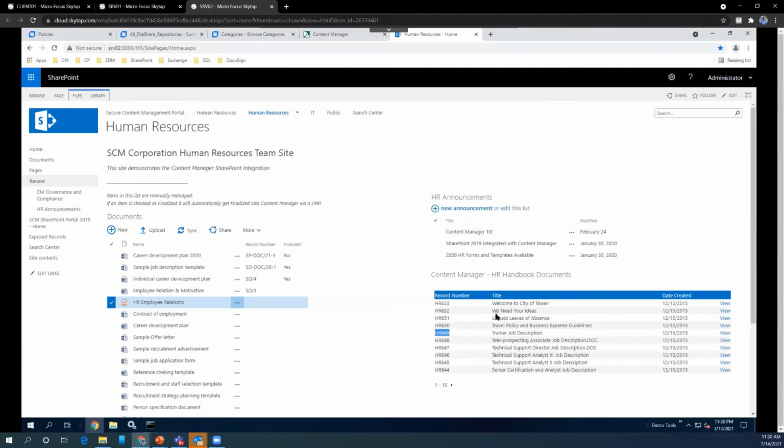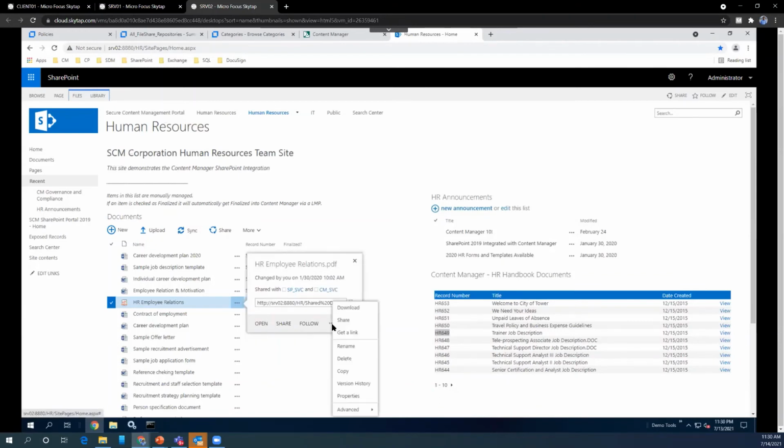These are the documents being managed in Content Manager, and you can access the documents from SharePoint as well. So that's why there's a very strong bi-directional integration.